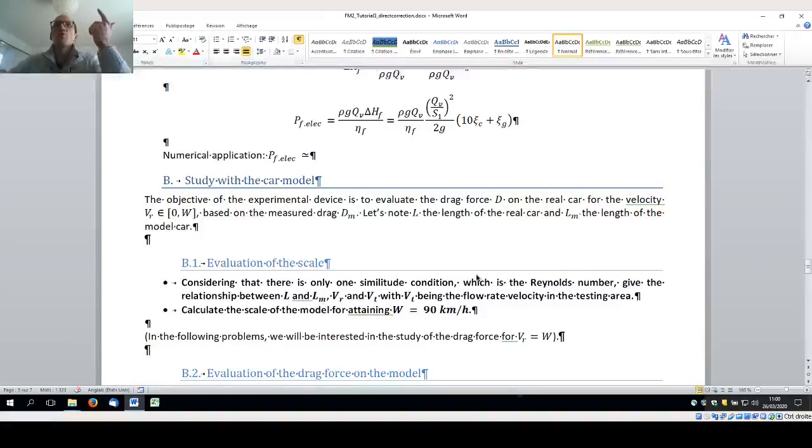Okay, so we know how to evaluate the power of the fan. Okay, so we know how to design our wind tunnel to obtain what we are looking for. So the part B will be dedicated to